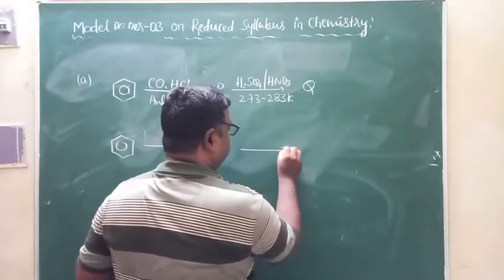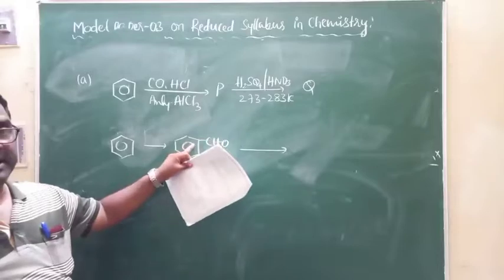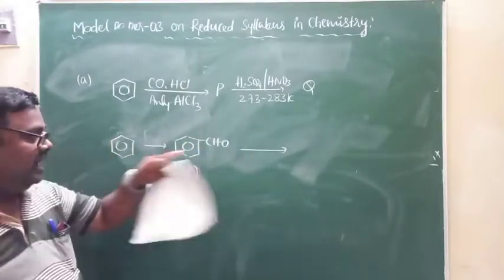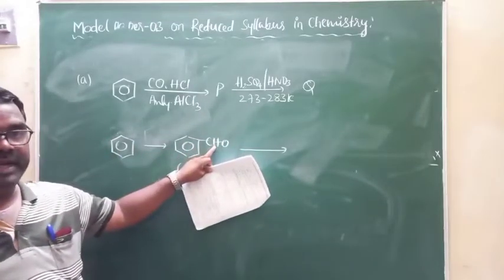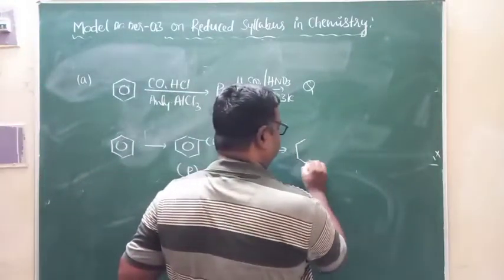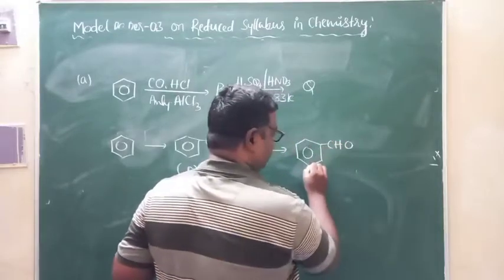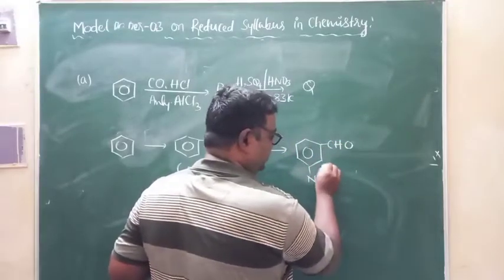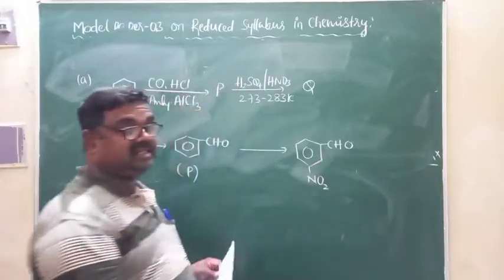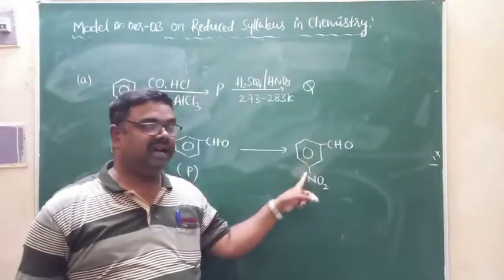Look at this benzaldehyde. Aldehyde group is a meta-directing group. It undergoes nitration. And the CHO group is an electron withdrawing group. It directs the incoming electrophile to attack the meta position. So the nitration product is the meta product. If the CHO group is here, this is the meta product. Don't write here; if you write it here, it will become clear. With respect to this, this is the nitro group and of course meta nitrobenzaldehyde.